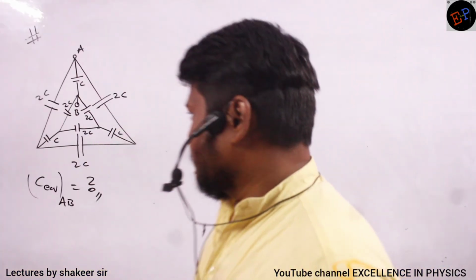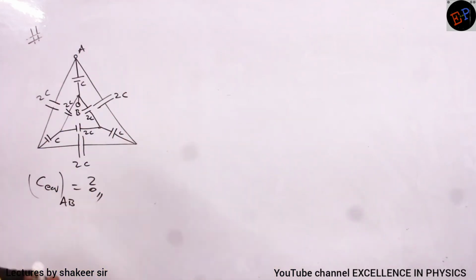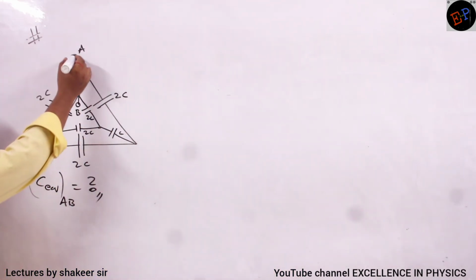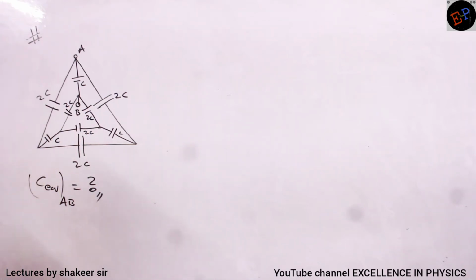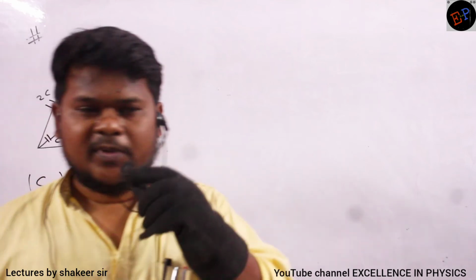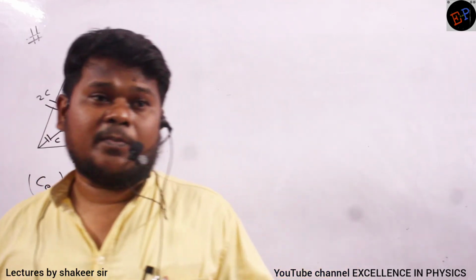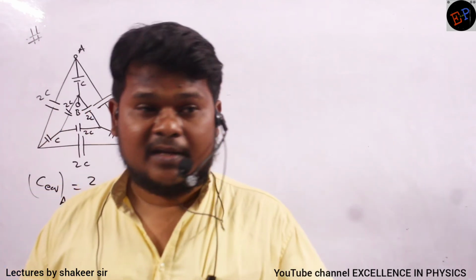See ma'am, see this problem. So here where are the terminals, ma? Terminals are located here, ma. So here there is terminal A and here there is terminal B. Okay, so this problem we will try to solve by using parallel symmetry, ma. Until now we have solved two symmetries, no? One is perpendicular symmetry and the second one is path symmetry. Now here we will use parallel symmetry, parallel axis.